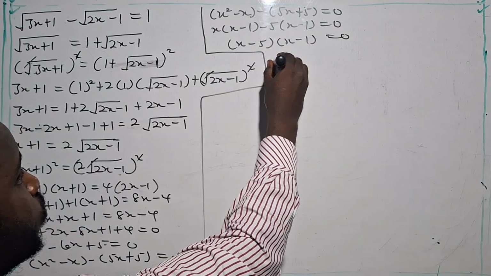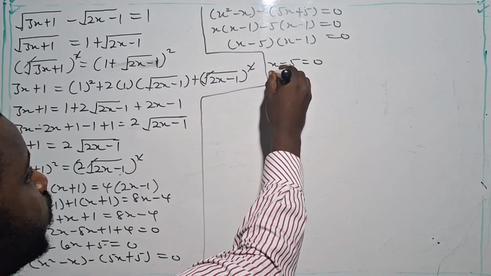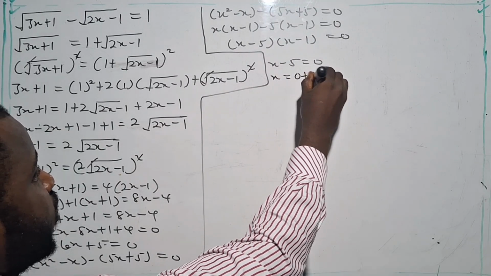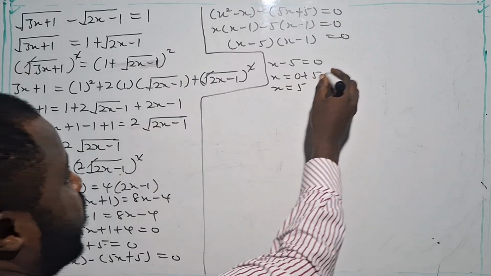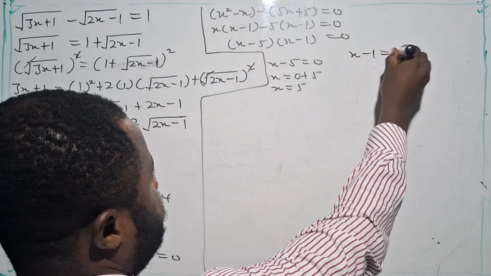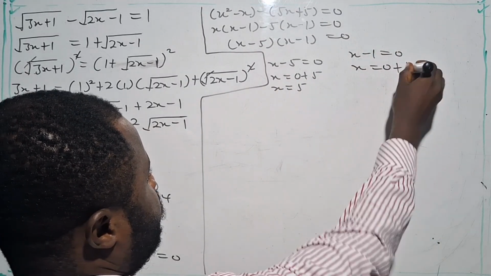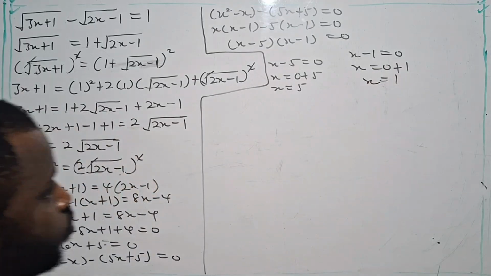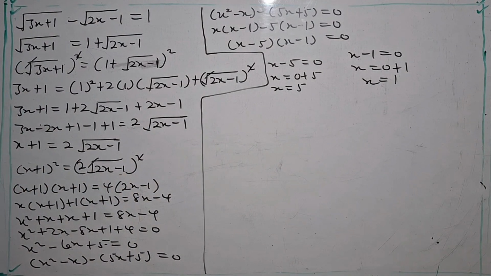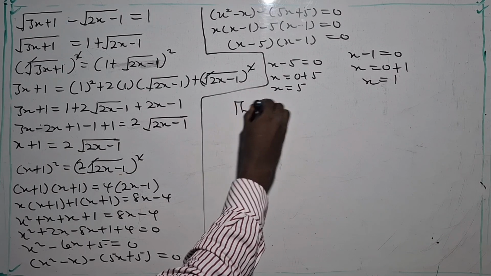So let's find each value. So x minus 5 is equal to 0. So x equals 0 plus 5. Now x is 5. Then I have x minus 1 is equal to 0. X equals 0 plus 1. Then x is equal to 1. So we have to do the checking to find the correct true set. So the check